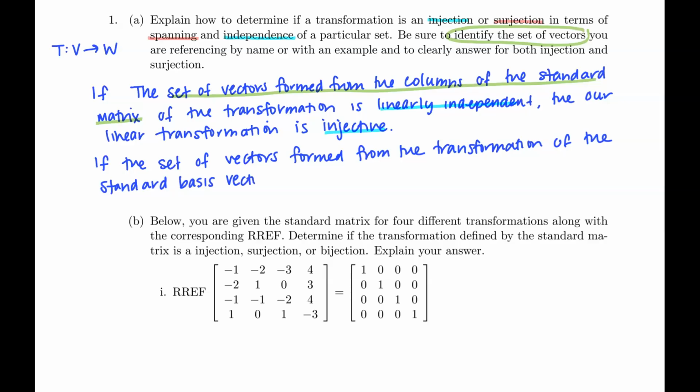Here again I want more context, so I'm going to use the T, V, W notation. We took the standard basis vectors in V, our domain, and mapped them, and now we have images in our codomain. Those results are one of the ways we can create our standard matrix. So if the set of vectors formed from the transformation of the standard basis vectors in V span,